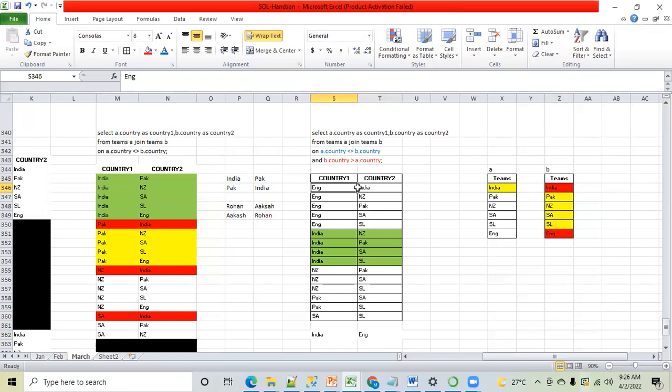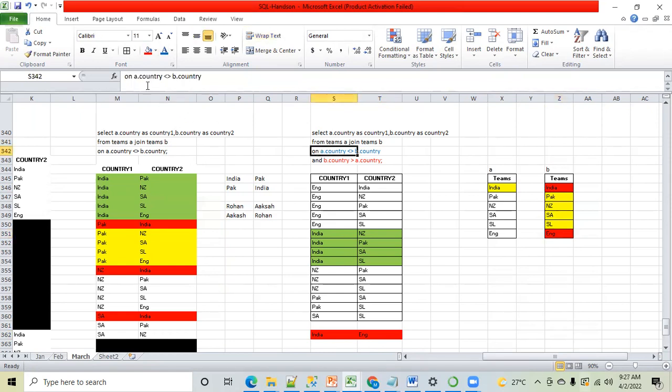You will tell that, Tanvir, I have England, India. So England, India is different data. India, England is different data. Correct? Do you have India, England? Answer is, I don't have India, England. That's what I'm trying to make you understand, why India combination with England is not present here. Now, please try to understand this. Okay. India and England. So this combination should be present here, but this is not present.